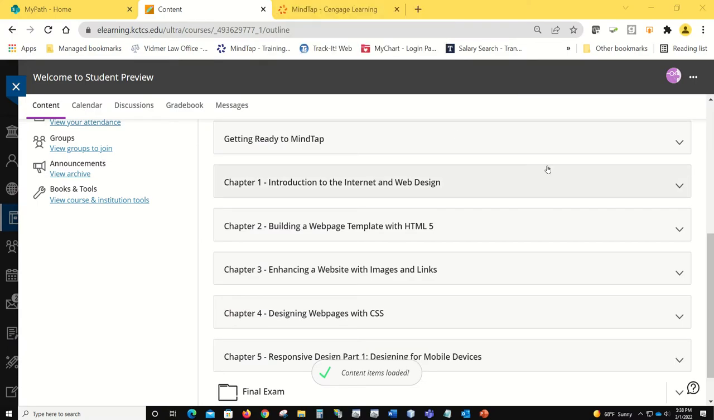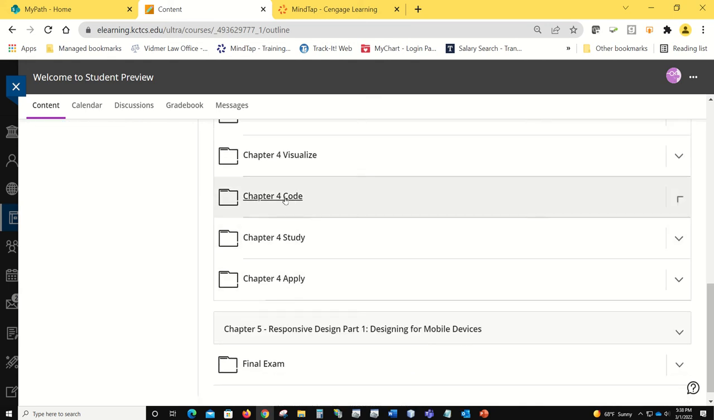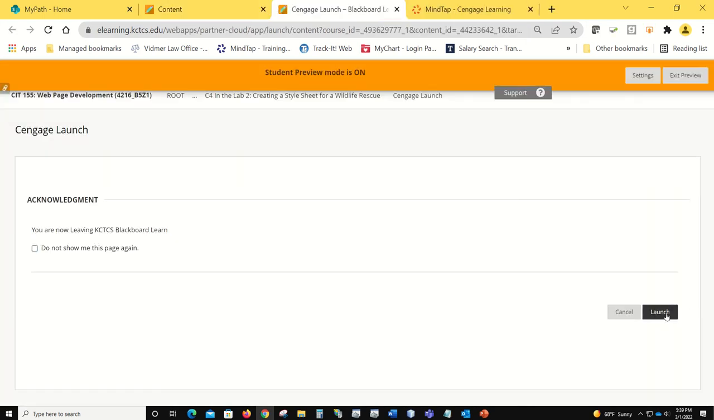Okay, class, what I have done is I've navigated to where our chapters are so far, and I'm going to open up chapter 4. And I'm going to go down to the chapter 4 code, and the one that we're all kind of tripping over with the cascading style sheets is this C4 in the lab 2, creating a style sheet for wildlife rescue. So I'm going to click on that, launch it,